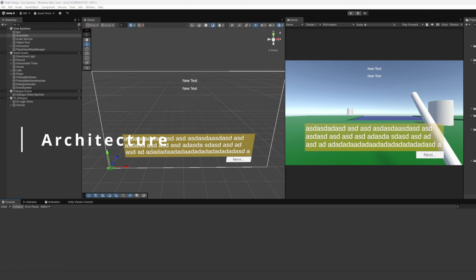Today we're going to be talking about architecture. This is a very hard thing to talk about because everyone's got their own way. Different games require different architecture depending on what you're building. So this isn't a one size fits all, but what we're going to talk about